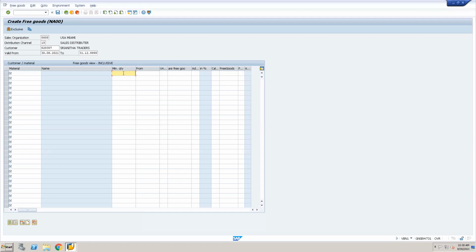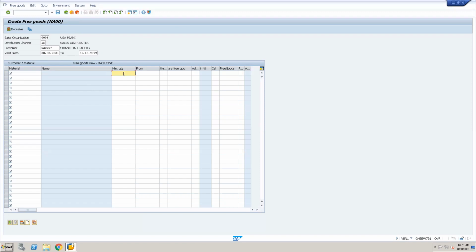Let's go with an example. Say you have kept an offer on some biscuit packets, so the material will be biscuits, say Oreo biscuits, and the quantity is 10 packets.